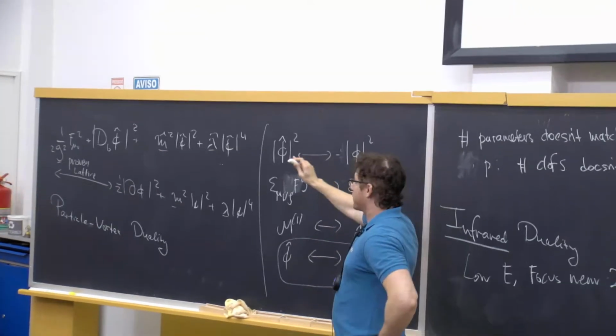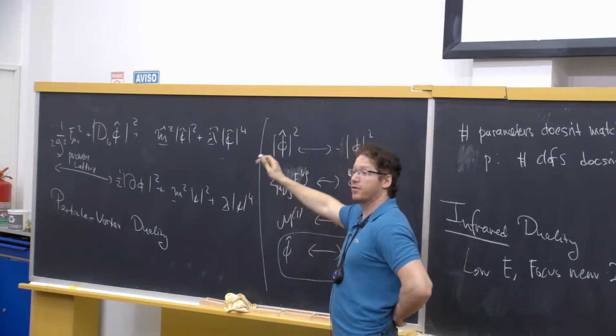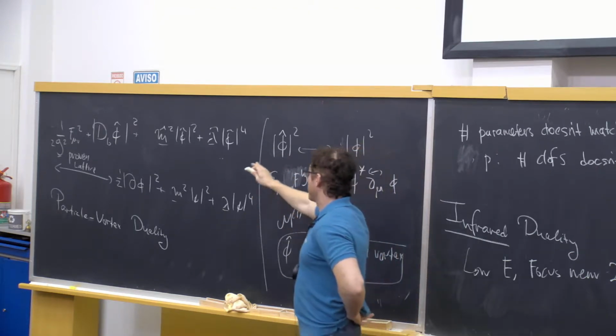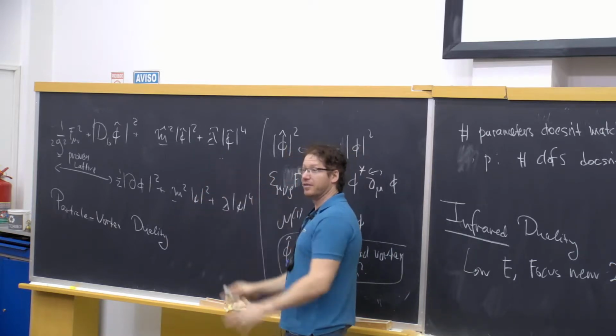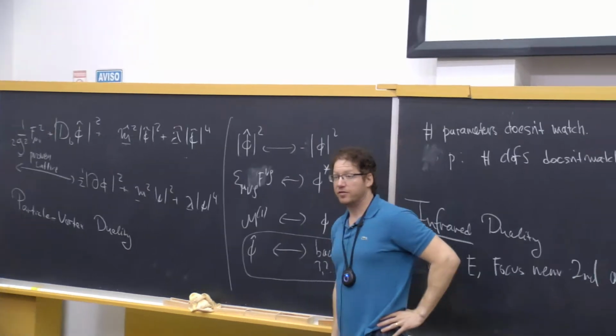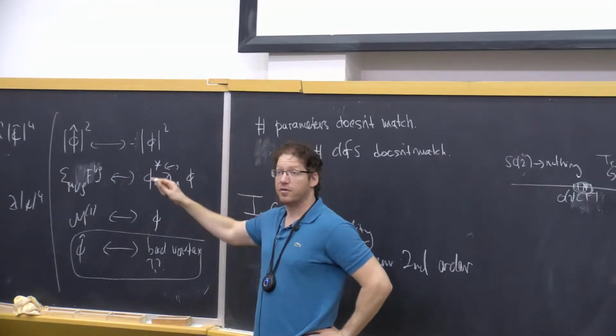This is one rare instance where some duality is actually considered to be proven. Nobody seriously doubts that this is true for some range of energies and for sufficiently cleverly chosen couplings. So this is a rare instance where we actually know that this is true. It's a non-supersymmetric infrared duality.